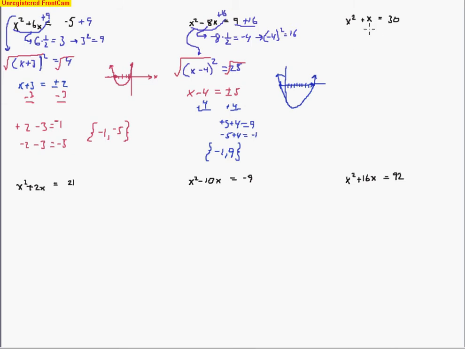Well, taking a look at the next one, this is the hardest one that you'll see. You have one problem that has an odd number here, and this is why it's tough, because when you take half of an odd number, you end up with a fraction. And so here I'm ending up with 1/2. Well, I got to take half, and I've got to square that. And when I square that, I end up with another fraction, 1/4. And that's what I end up having to add to both sides of this